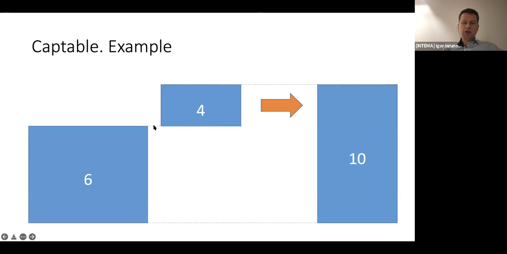Here is a simple situation. 4 million to be invested, 6 million is the pre-money valuation of the company we had before. Simple, 6 plus 4, 10. But not everything is clear,